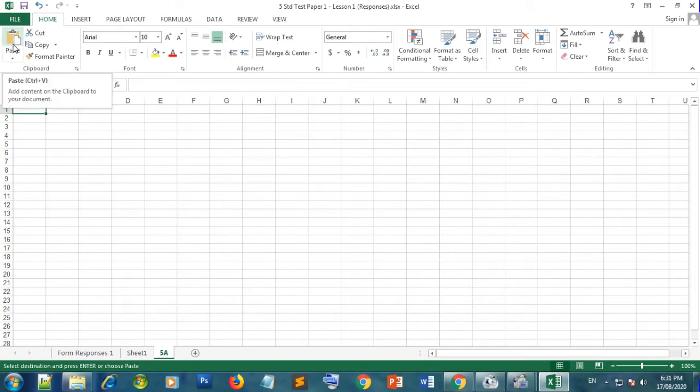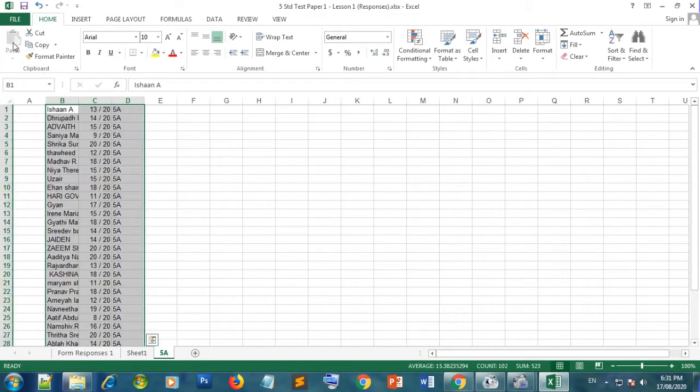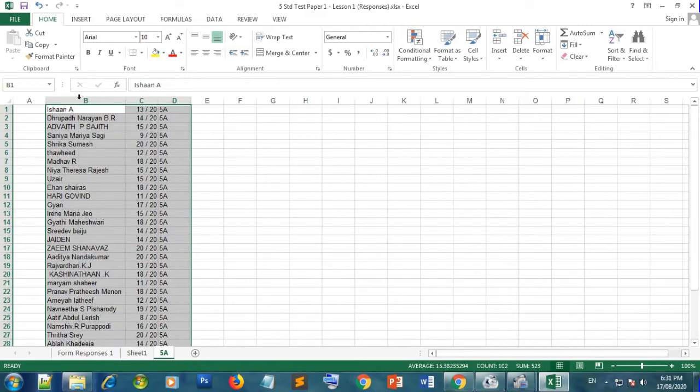On the next cell I am pasting. Okay, paste. Now you can see the column width. You cannot see the complete letters because there is not enough width for the column. So just double click on the separator, this line separating B and C. You can see a separator line. At this place you just double click, then it will be like this. Then you can see all the characters in each cell.